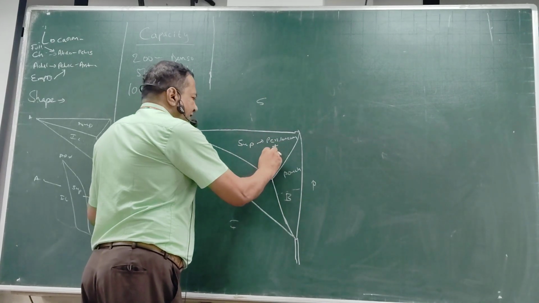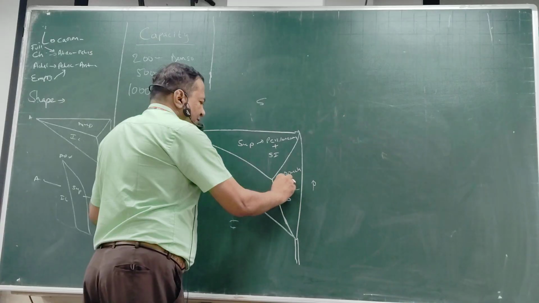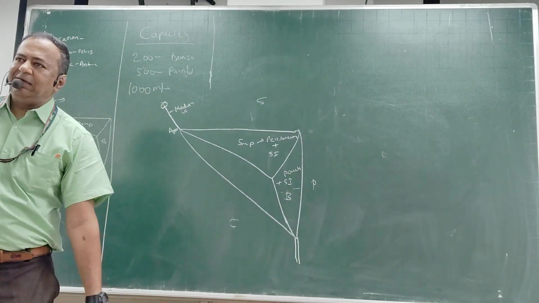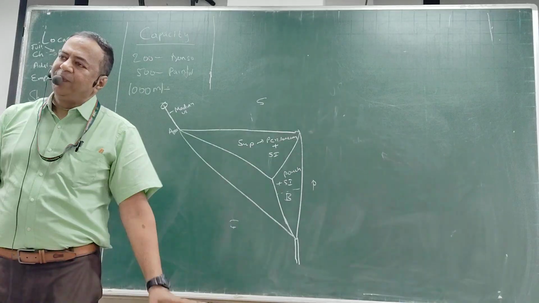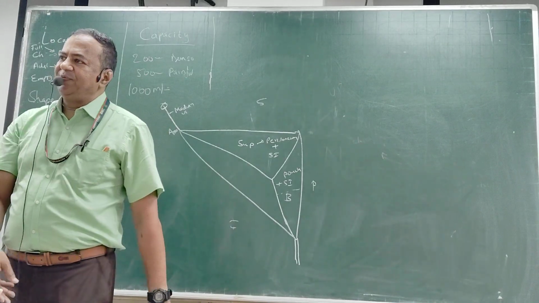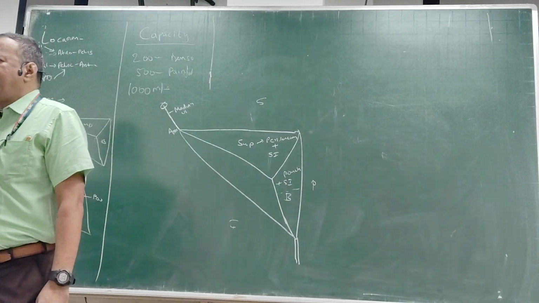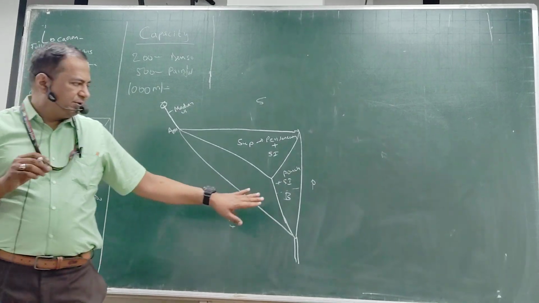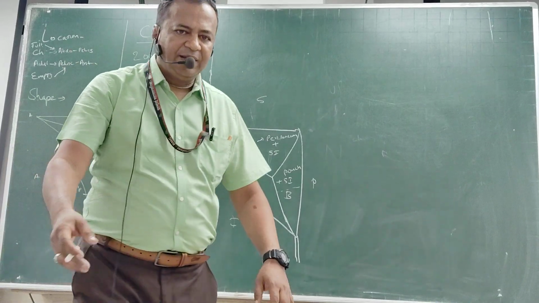So peritoneum plus SI, small intestine, this is pouch plus SI. The small intestine is so big that it enters wherever it finds space, it enters the pouch also. Okay? So this pouch will be